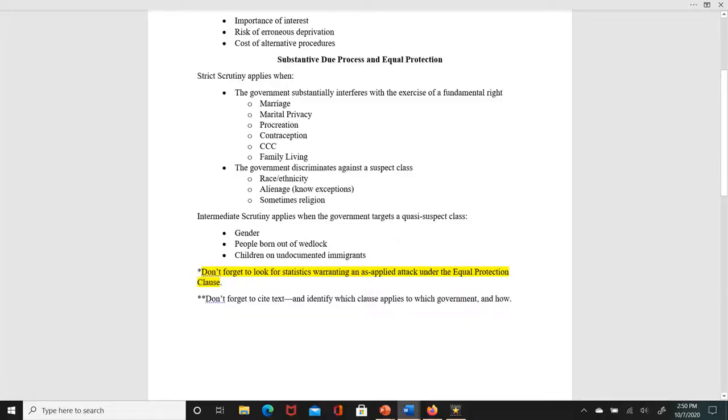First of all, under the Equal Protection Clause, don't forget that sometimes a law does not discriminate on its face, but discriminates as applied. So whenever you see statistics in a fact pattern that there is a disparate impact, right, a disproportionate impact on people, let's talk the most common, it's either going to be ethnicity or gender. When you see some kind of disproportionate impact on people who are ethnic minorities or who are women or who are men,